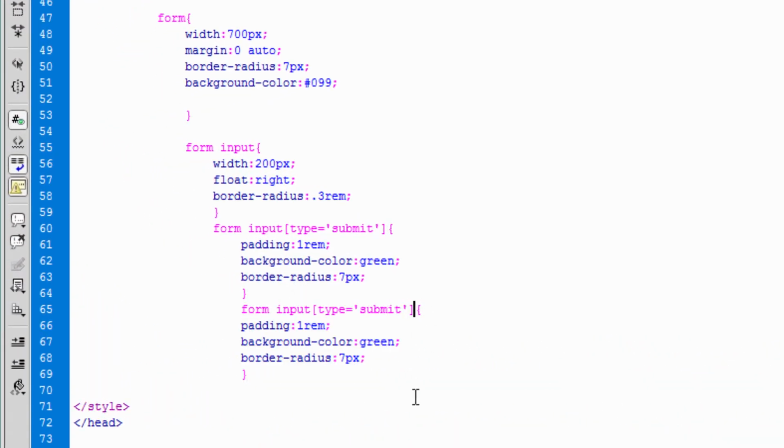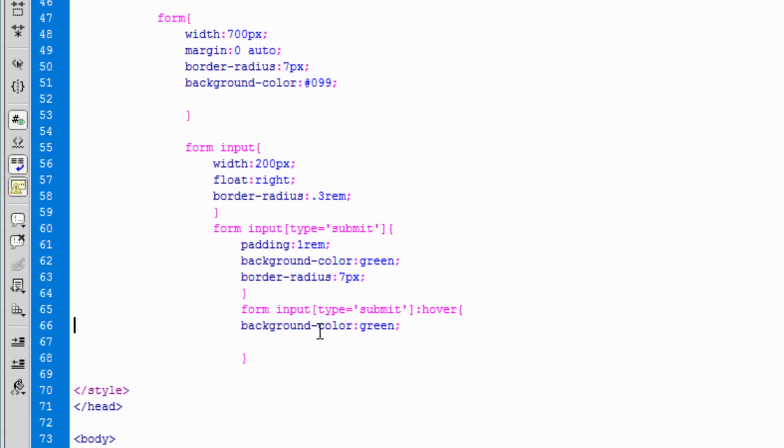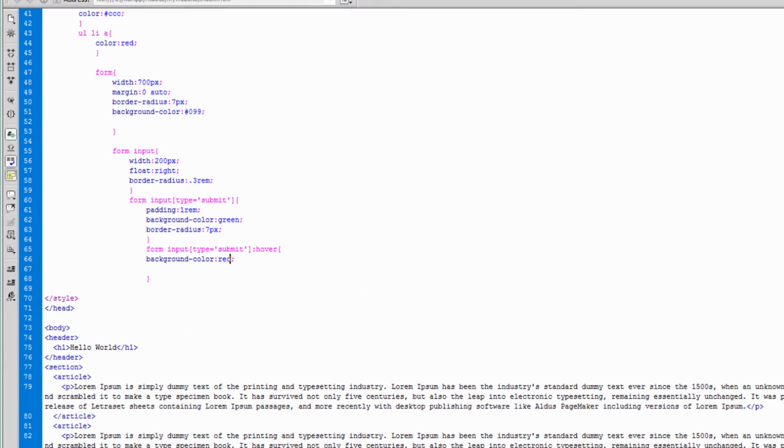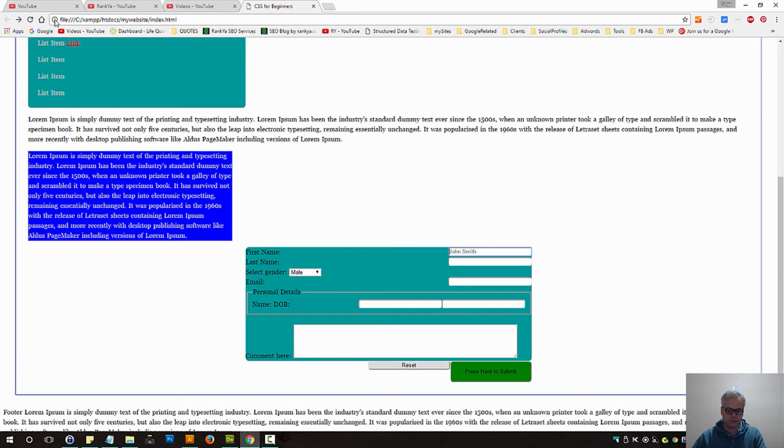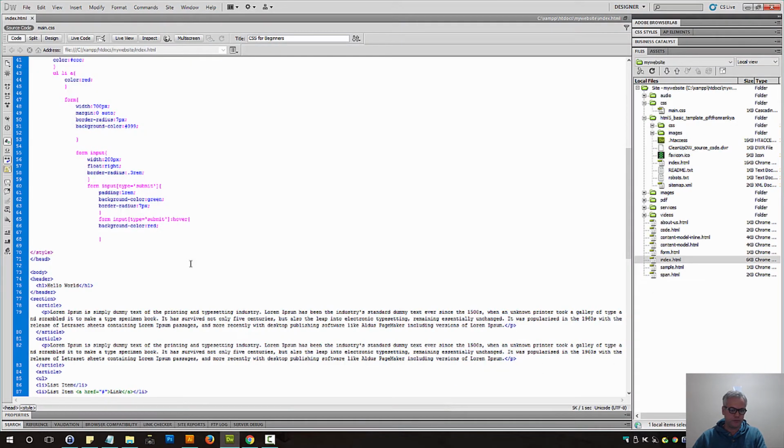And let's use a pseudo selector. Let's say hover. On hover of that button, the background color should change. Let's save changes. So,